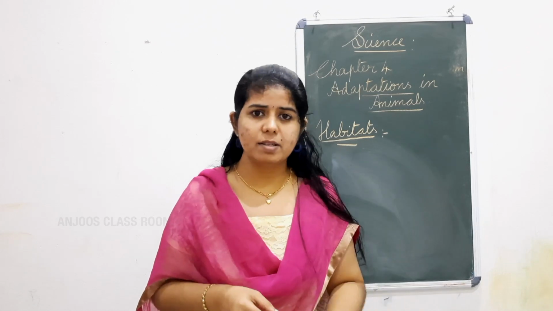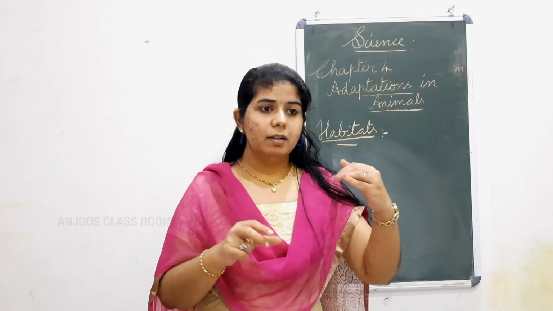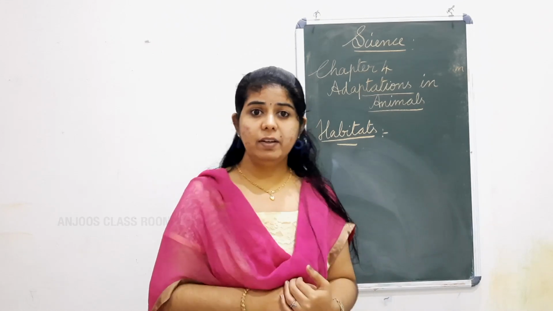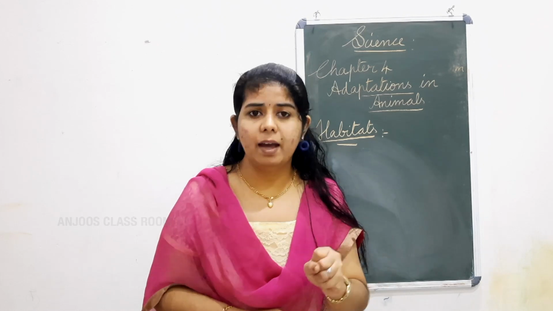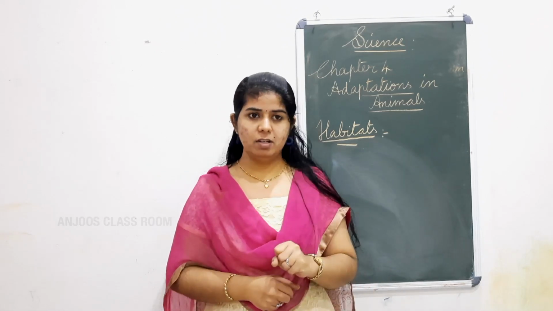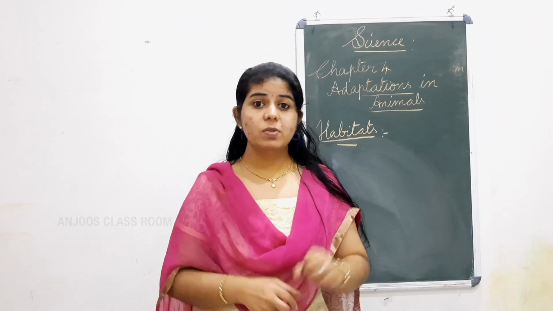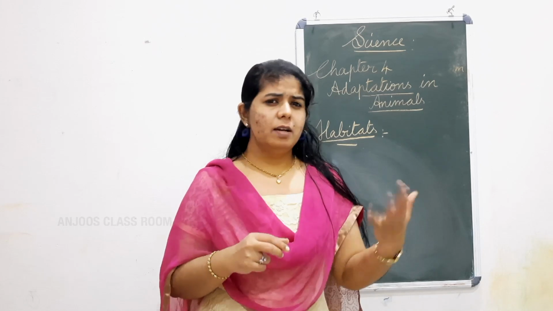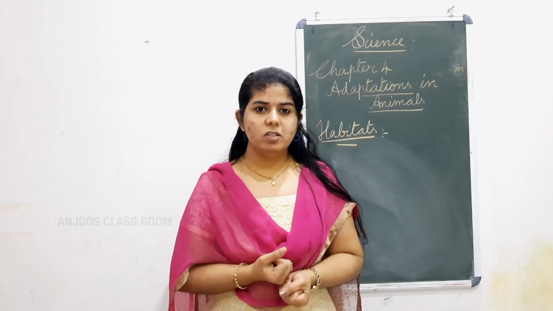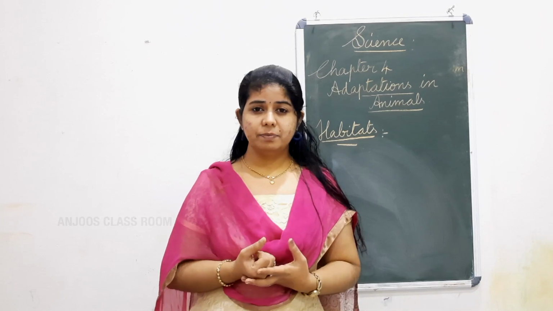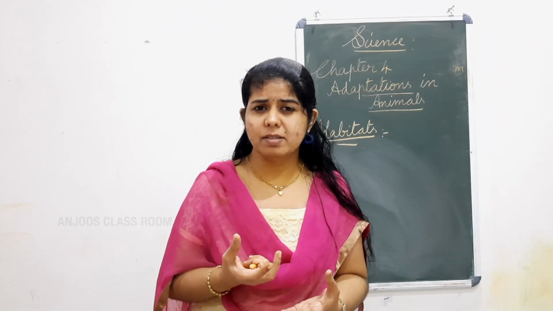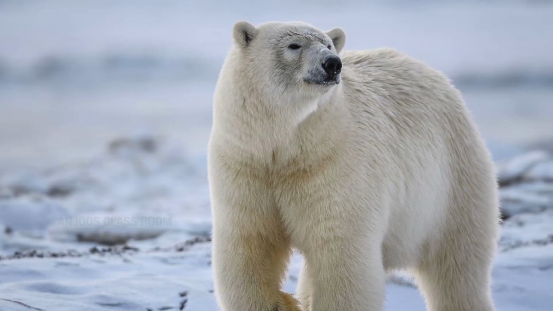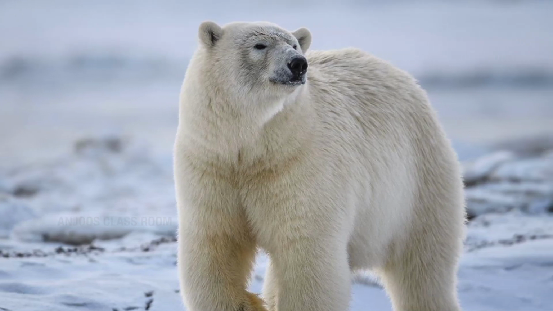So all the animals are not in the same areas. If they are in the hot regions, to live in that hot region, the animals will have some special features to survive in that area. Could you understand? Then some animals will be in very cold regions or ice regions. Can you name any of the animals, one white color? Have you seen it? Polar bear. So how do they live in those very cold regions?